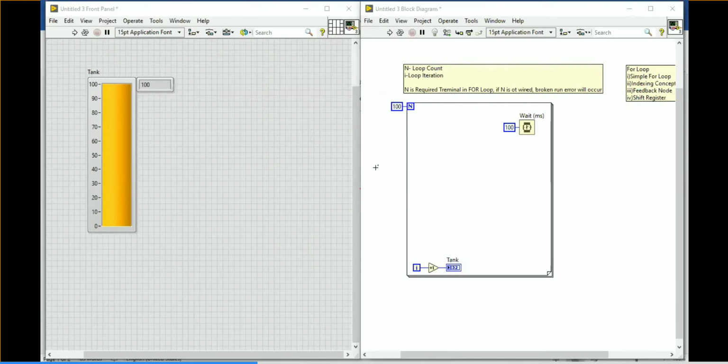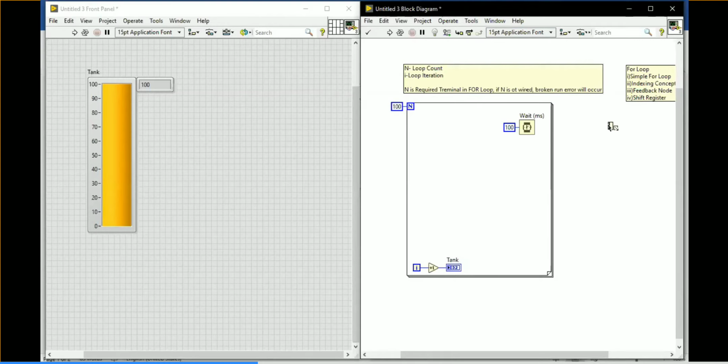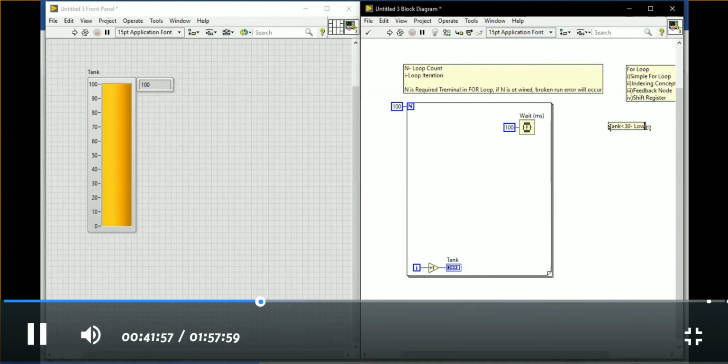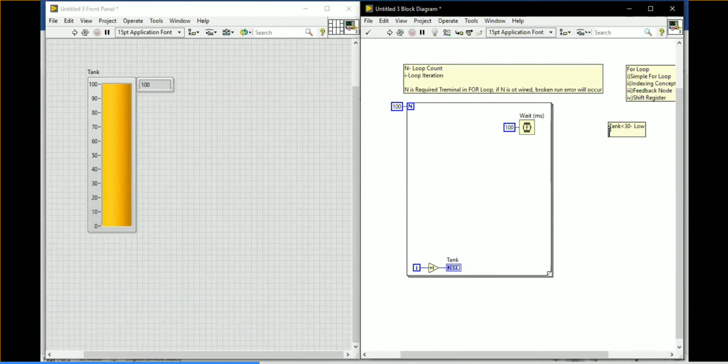Now, simply, if my tank value is less than 30, I want to display one Boolean indicator, low.